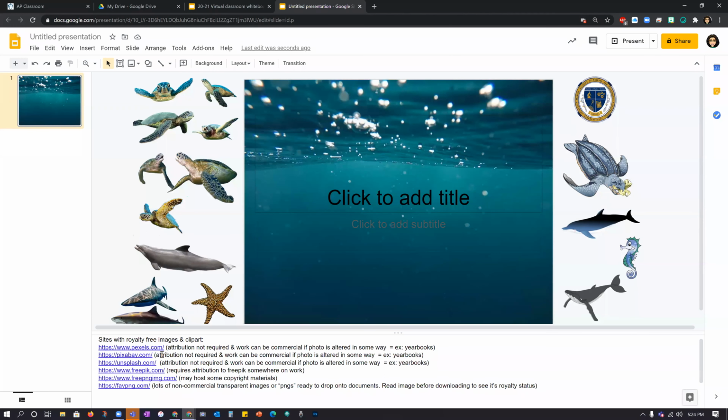Pexels.com does not require attribution, and you can actually use all the images in a commercial manner as long as they are modified. So, as long as we're not printing images from this website and selling them for $5, then we are totally okay to use it for commercial purposes. I would highly, highly recommend using a site like pexels.com in the yearbook, right? Because usually we are modifying the images in one way or another. Another example would be pixabay.com, unsplash.com, and here we have free png